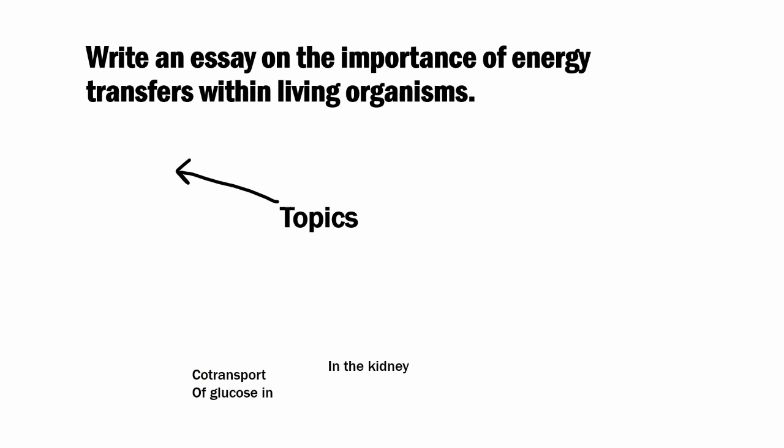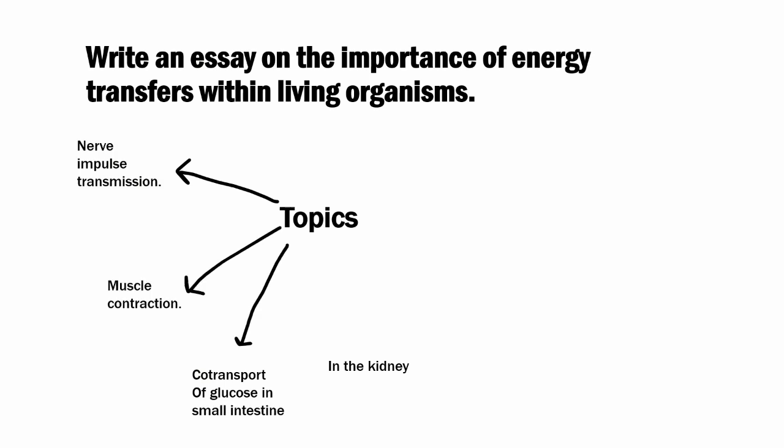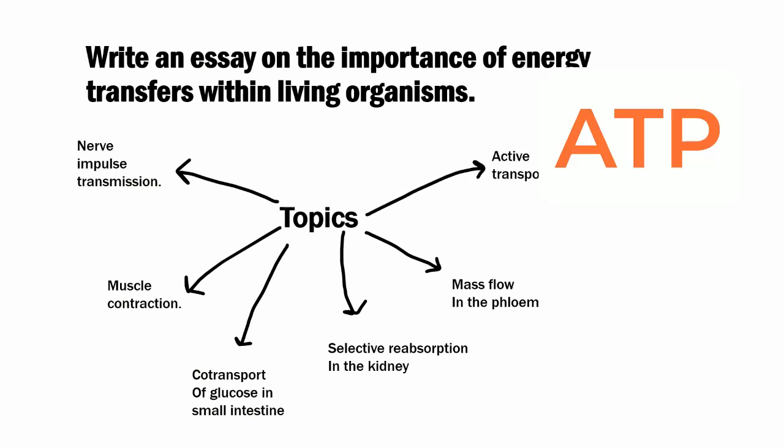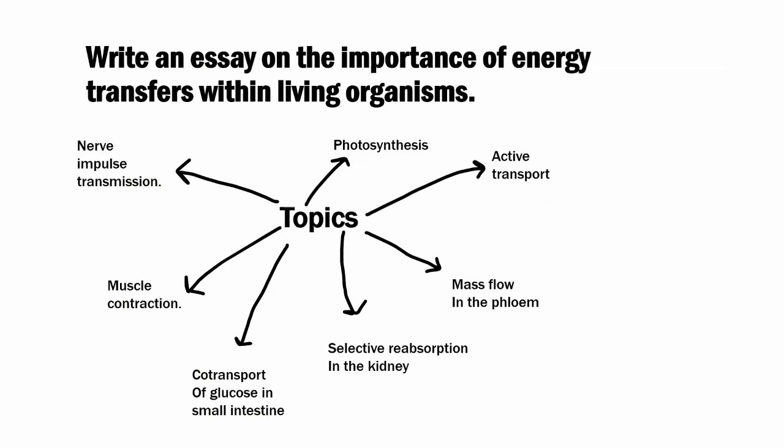If you're just brainstorming out the topics, like energy, when I think of the word energy, you should just be thinking ATP. And so if you see energy, just think of as many different topics you can think of where you can talk about ATP, because ATP is the energy carrying molecule in A-level biology and in biology. And so it's really the one that you've got tons to talk about: active transport, mass flow, selective reabsorption in the kidney, the loop of Henle, co-transport of glucose, formation of an action potential, muscle contraction, breaking those cross bridges in the actin and myosin binding sites,